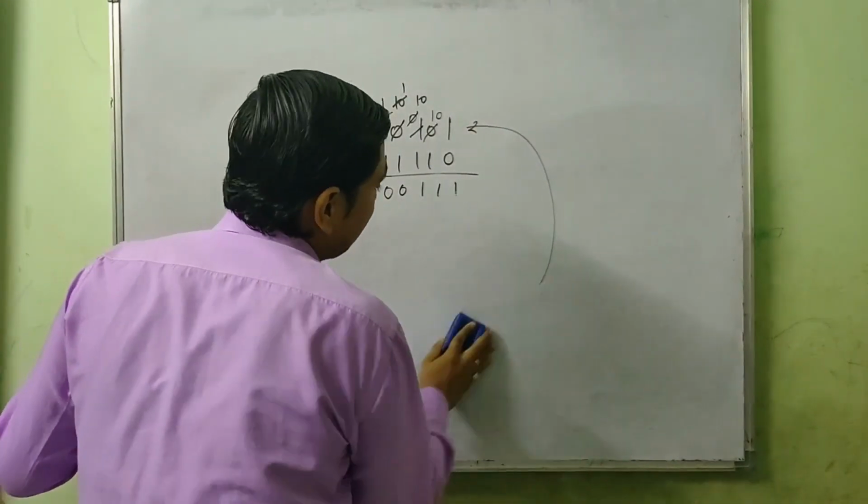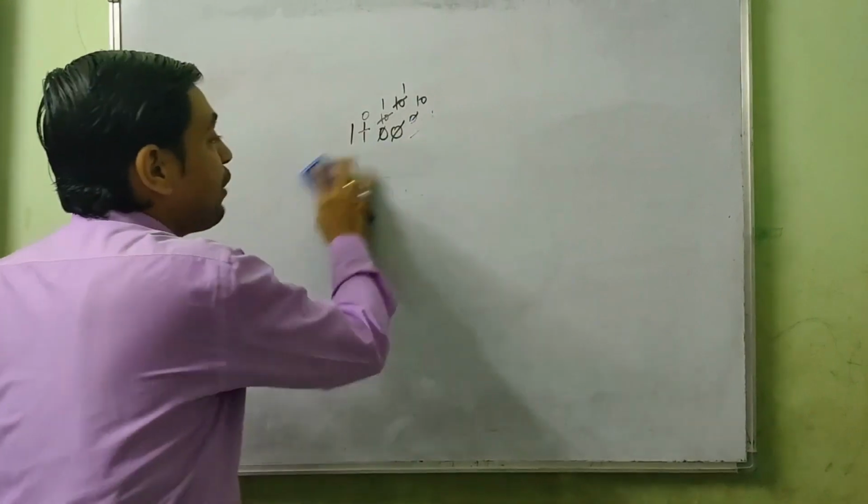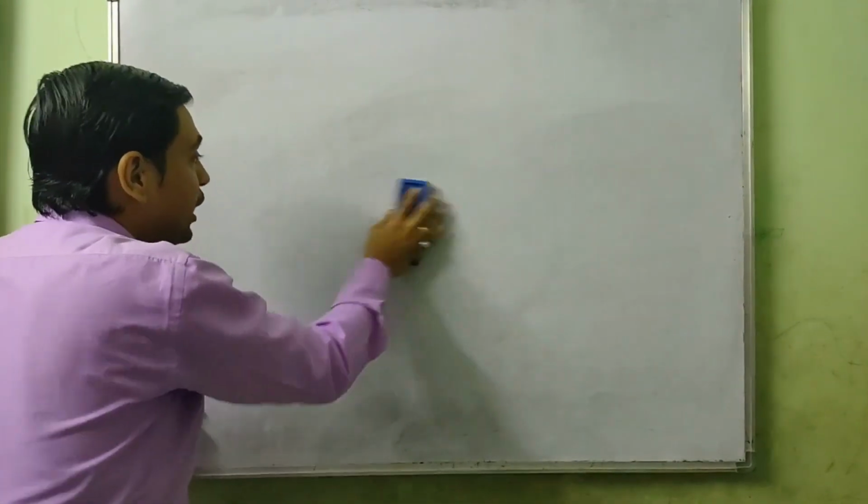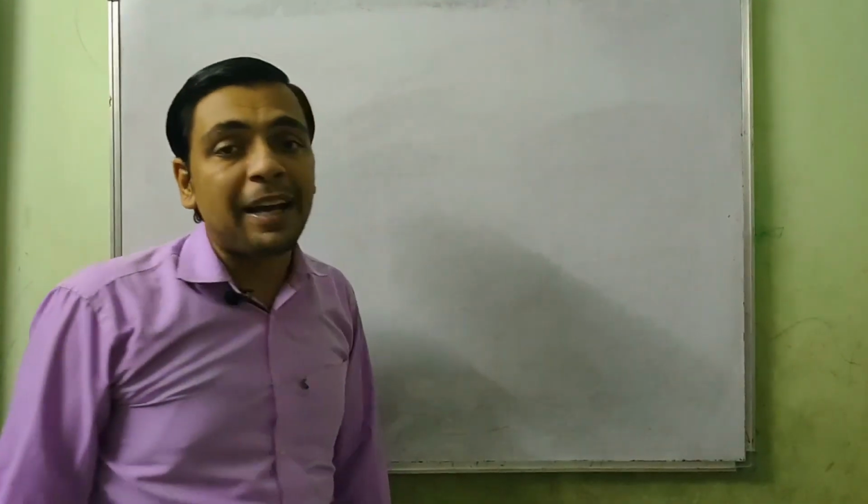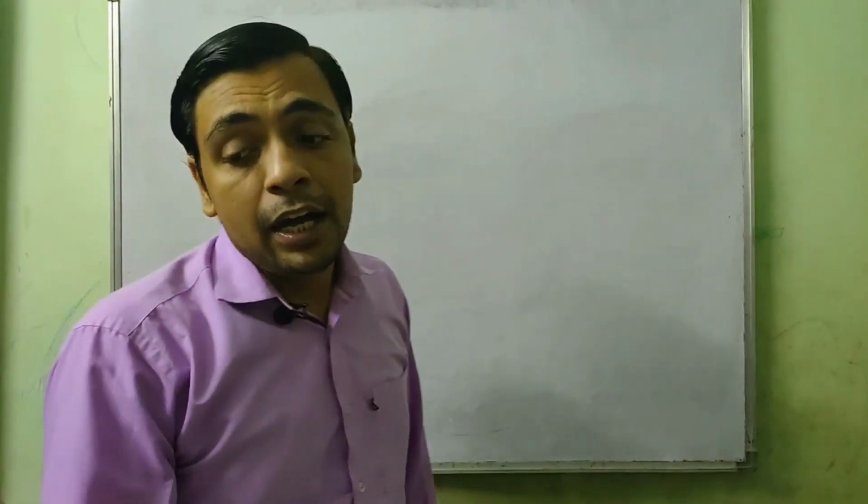And then I will tell you the other two ways through which you can perform the subtraction. So this was the first way. You can perform the subtraction operation on binary numbers by borrowing numbers from the previous one. Okay. Now the next number is